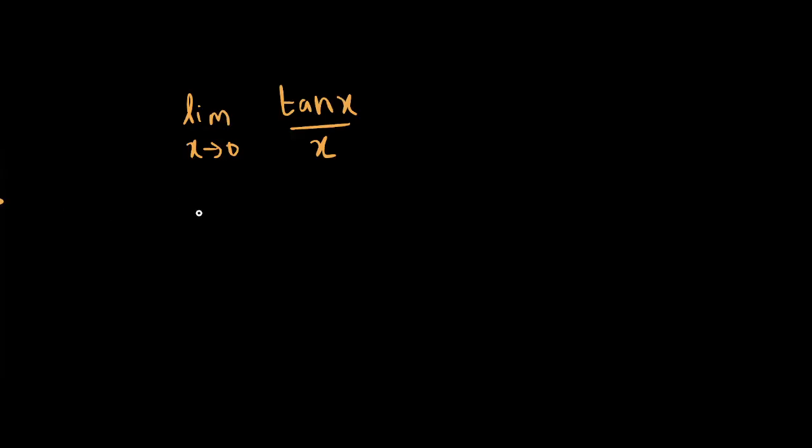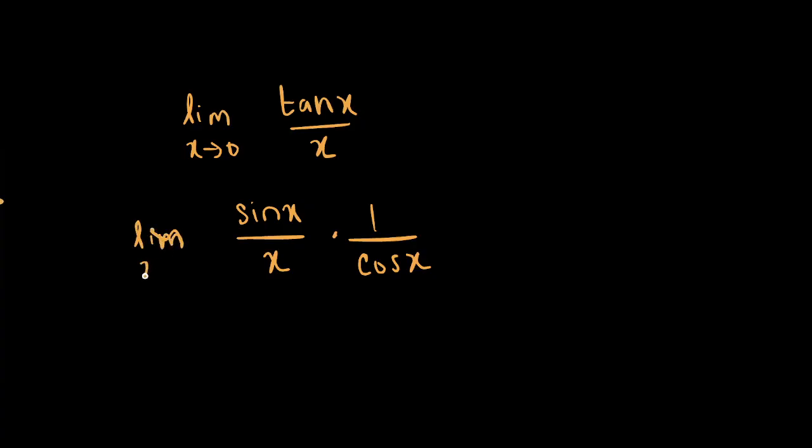So we can rewrite this as the limit as x approaches 0 of sine x over x times 1 over cosine of x. And so then that allows us to effectively cancel this out, because we know that the limit as x approaches 0 of sine of x over x is equal to 1. So that leaves us with 1 times the limit as x approaches 0 of 1 over cosine x, which we